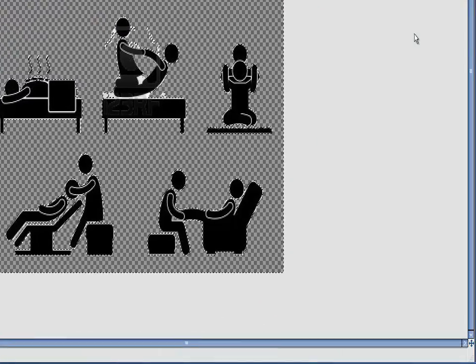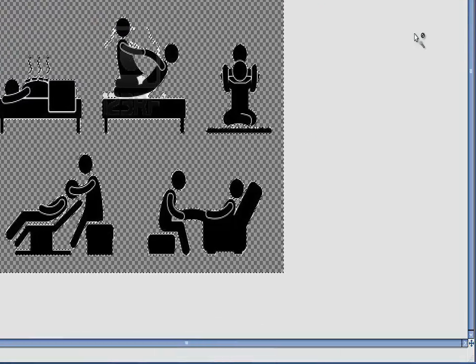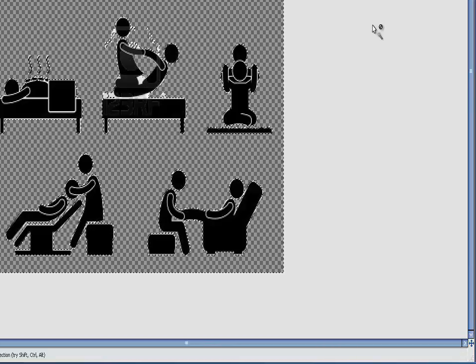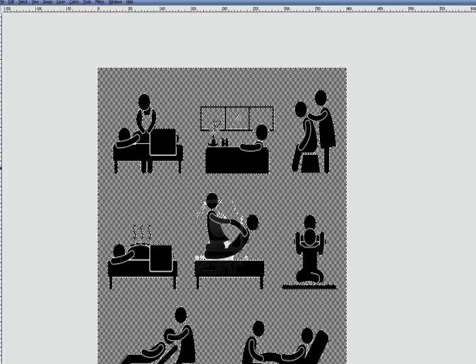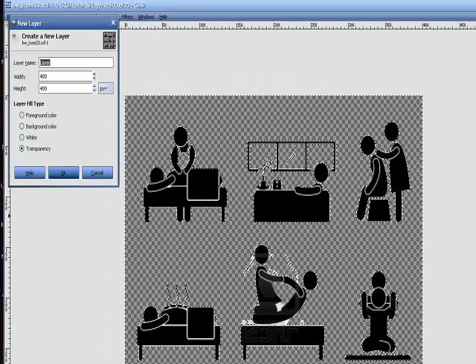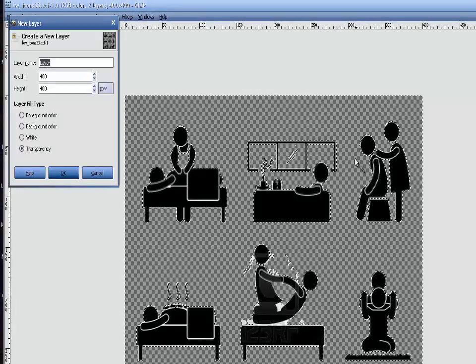The next step is to select one image here from the whole area and make it just a separate image. So how are we going to do that? Well, this is the technique I usually do in Photoshop, so I'm sorry I'm not very familiar with this program, because 99% of the time I use Photoshop. But for those of you who cannot afford to buy Photoshop, I'm trying to make this presentation in this program. So let's create a new layer here, and we call it